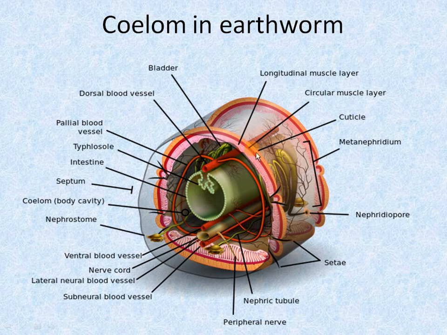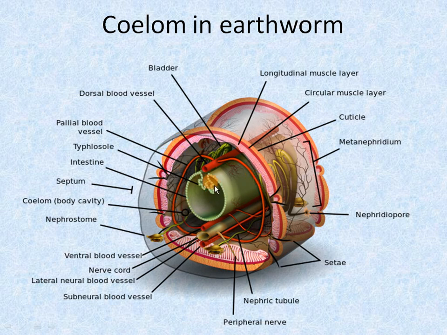This is the TS of earthworm. This is your external body wall, which is made up of ectoderm. And this circle, pista greenish color, is your endoderm, from which the GI tract is made. This internal lumen is your gastric cavity. Don't pay attention to these many labels. Just concentrate upon the diagram. This is GI tract, this is gastric cavity. Okay. Now here this is the muscular layer, which is made up of mesoderm.